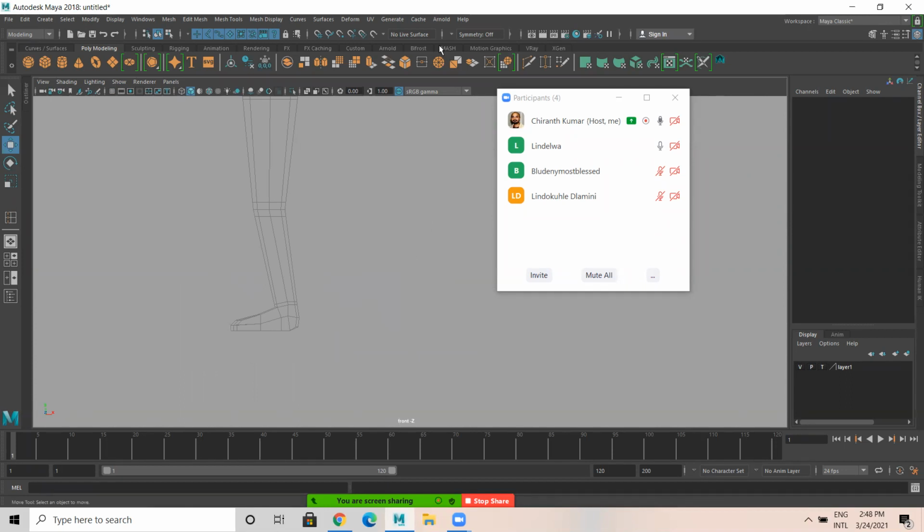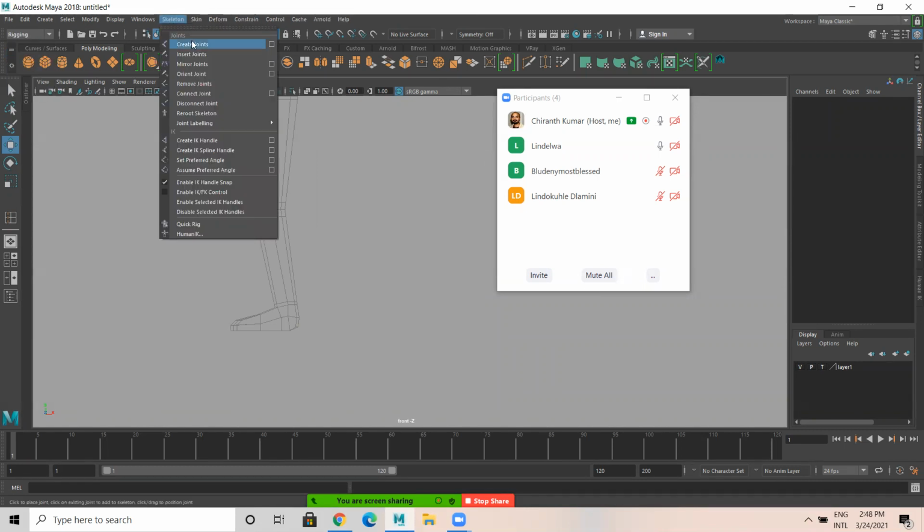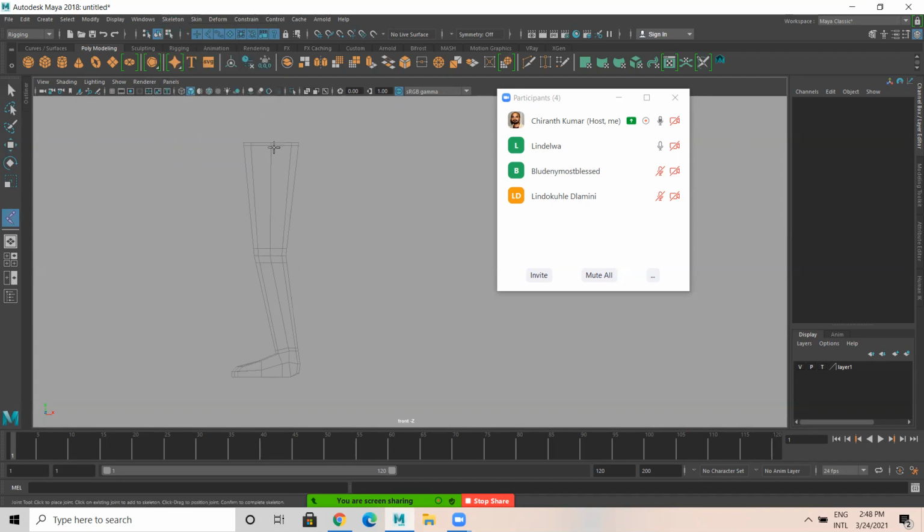So now let's come back to the rigging part. Skeleton, go for Joint. There are certain techniques we have to follow. In joints, I would like to have a thigh joint first. First is thigh, then here knee, then this part ankle.